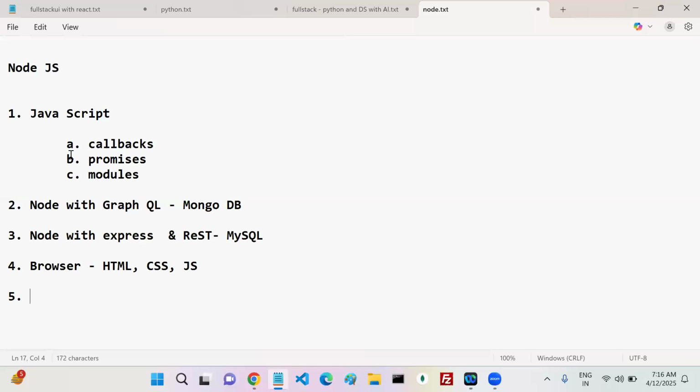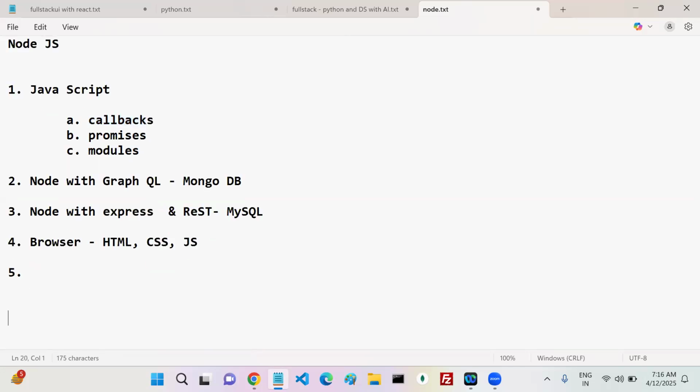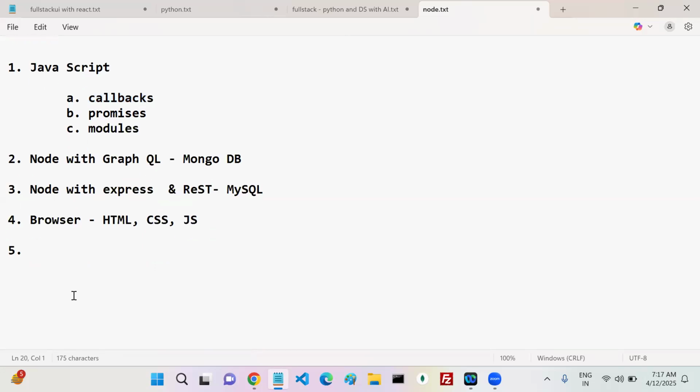Now my first question is, what is callback? If you go for any Node.js code snippet, you can see this particular syntax. Once you come to know what a callback is, after that I will show you the syntax in Node.js. Everything is related to callback syntax only. Now, first of all, what is callback? I'm going to write one simple code snippet in JavaScript. You can easily understand, don't worry about that.